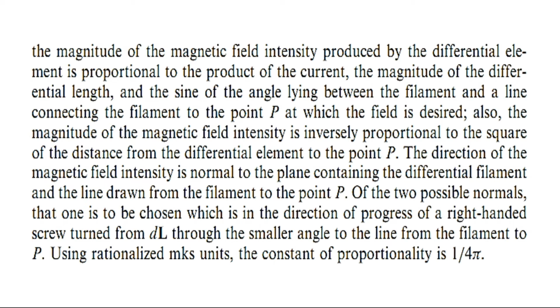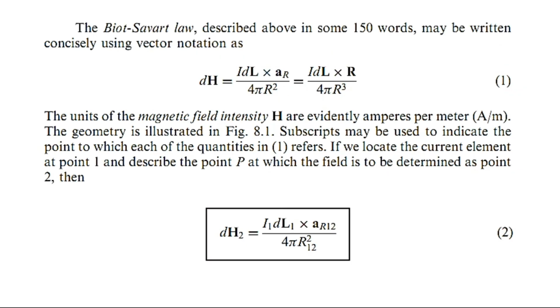Using rationalized MKS units, the constant of proportionality is 1 by 4 pi. So the Biot-Savart law described above in some 150 words may be written concisely using vector notation as dH, the magnetic field intensity, equal to I dL cross aR divided by 4 pi R square. Here we have taken the cross product